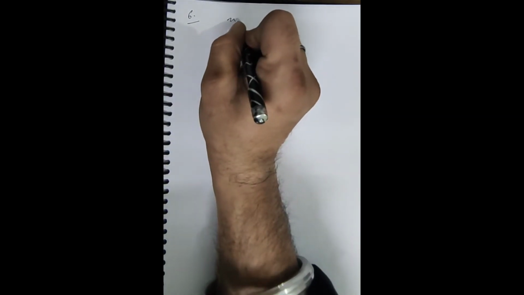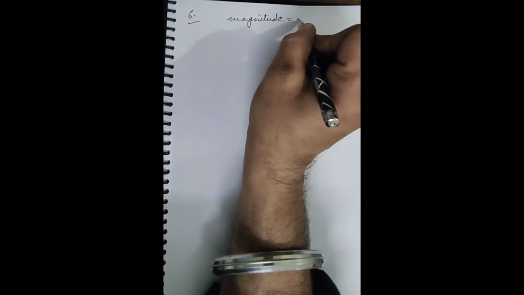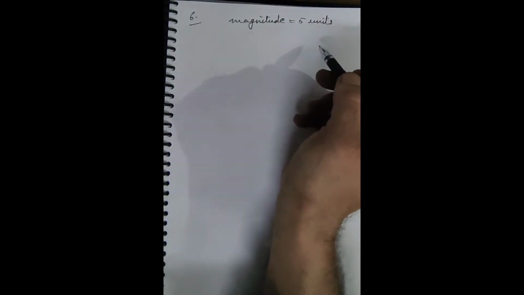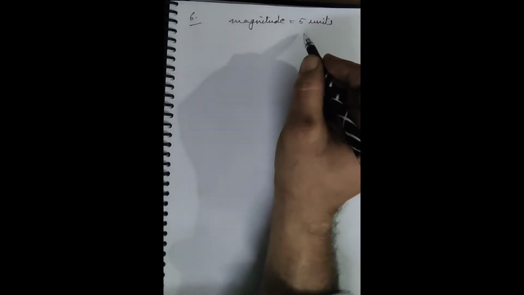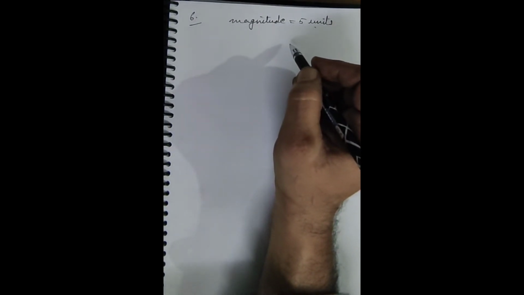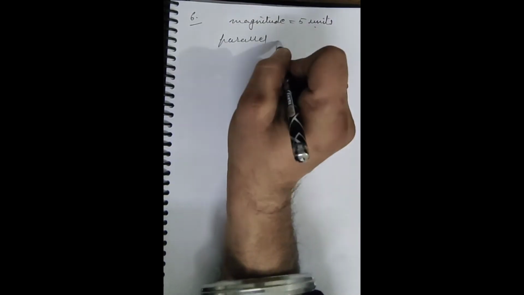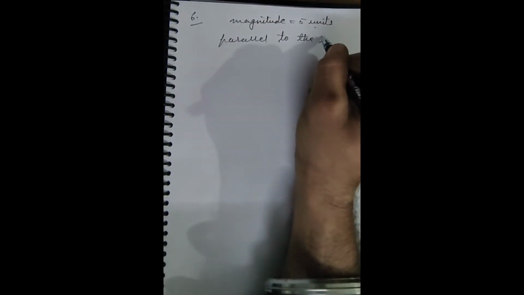Now we see the next question. Question number 6. We are given a vector with magnitude 5 units. This vector actually is required in the form of i cap, j cap and k cap, its components form. Only magnitude is given, 5 units, and that vector actually is parallel to the resultant of